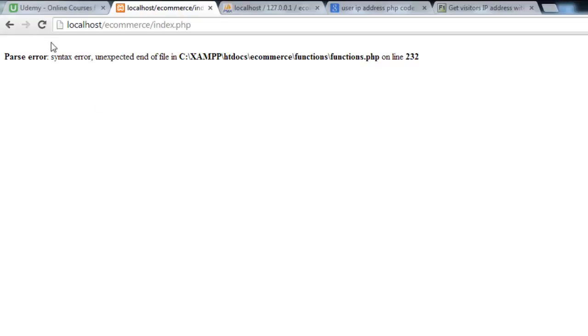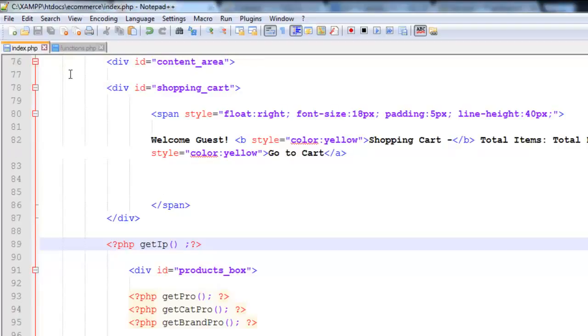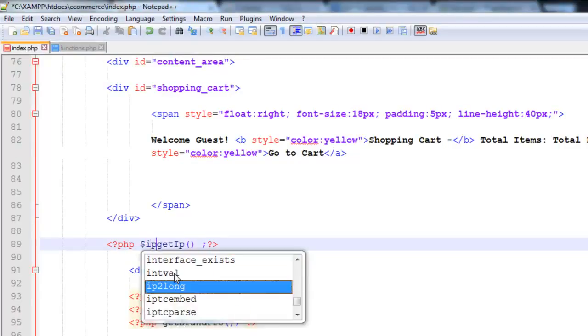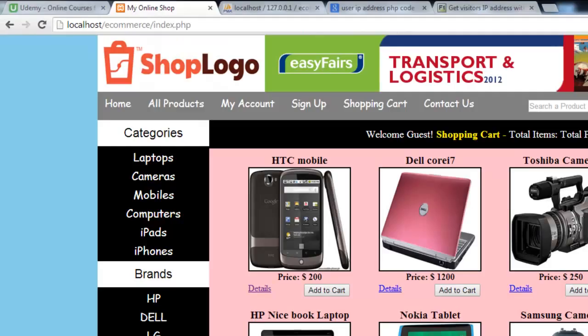Now come over here again, refresh the page. So you cannot see the IP address over here because we have not echoed it. We will make it a variable. IP is equal to that function, and we will echo it. Control S to save. Now refresh the page,